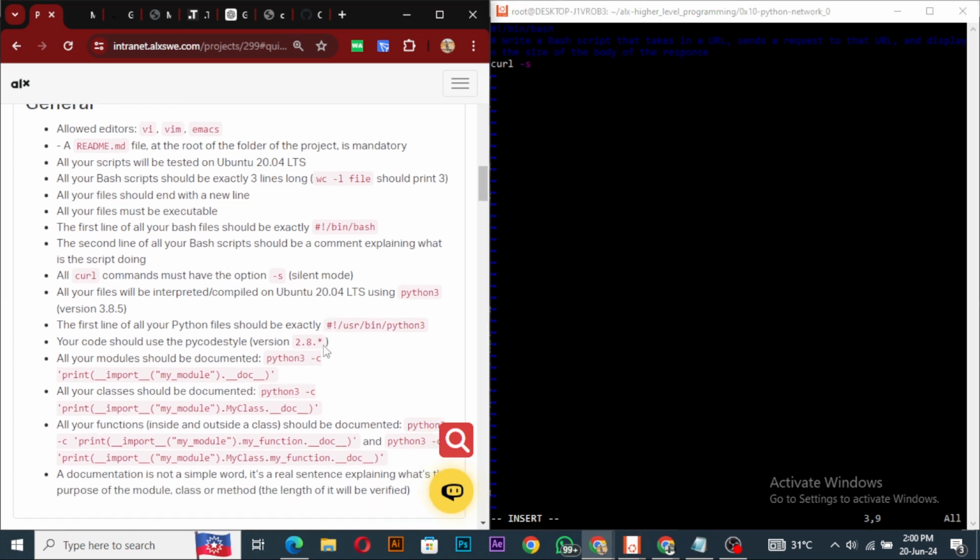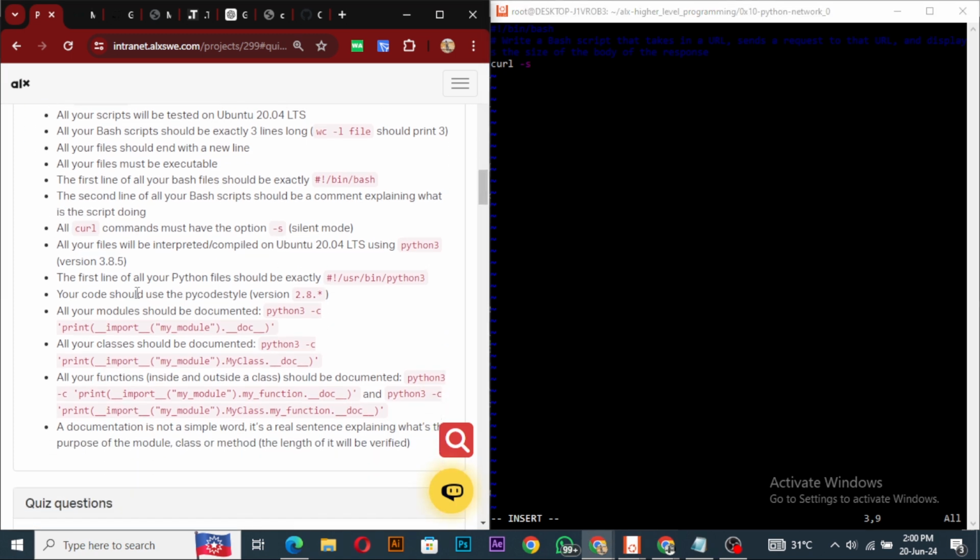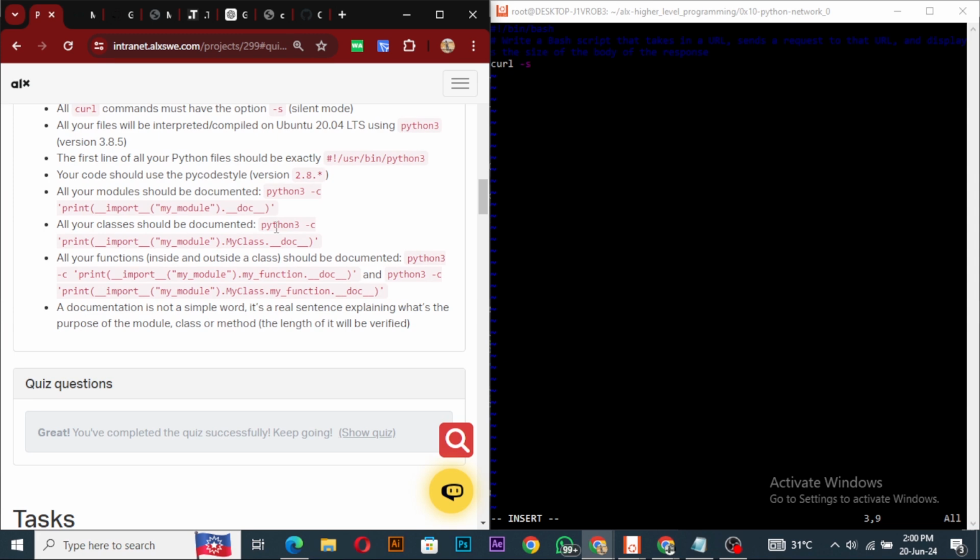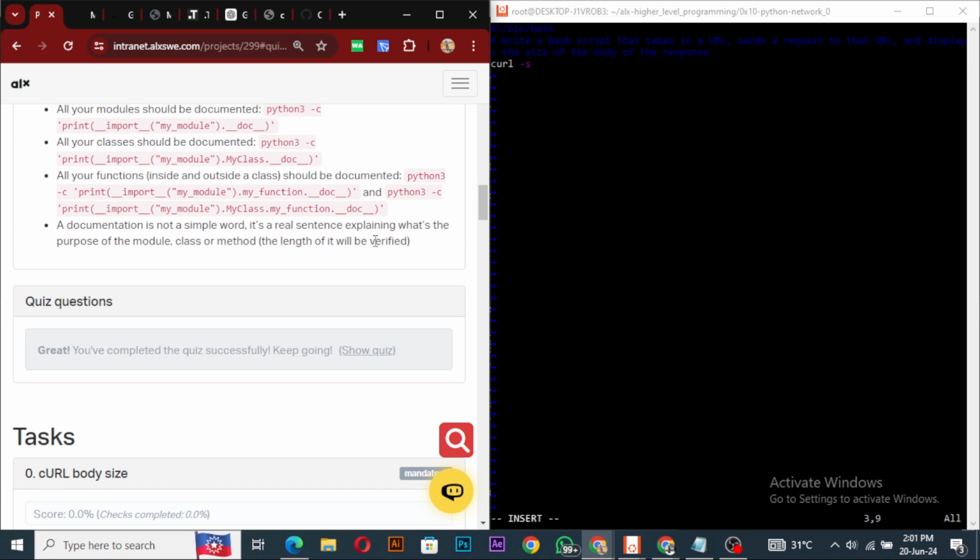If you have Python scripts there, it should be Python 3. Your code should follow Pycodestyle. All your modules should be commented and documented. All functions should be documented. The documentation is not a simple word, it's a sentence explaining. Okay, so